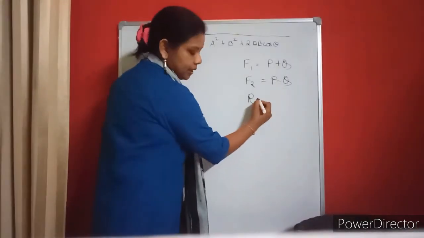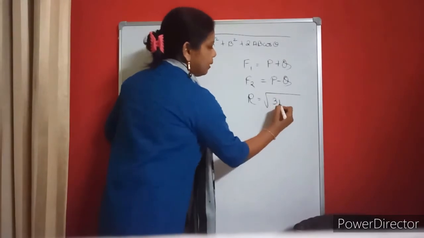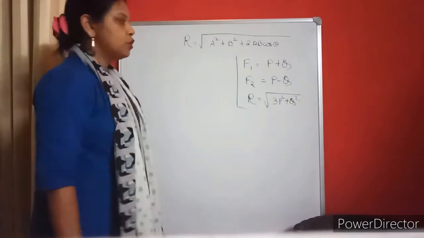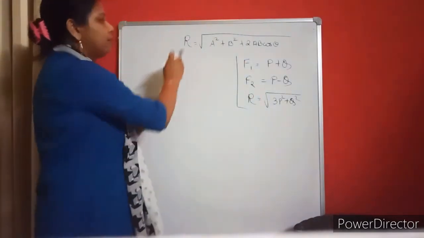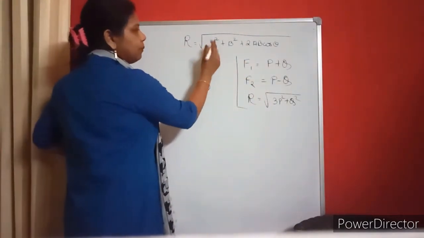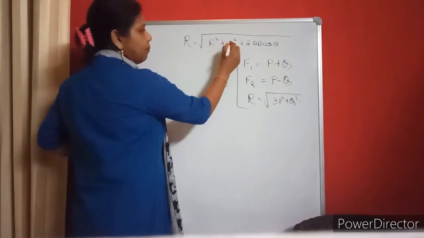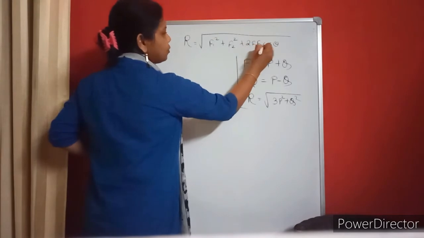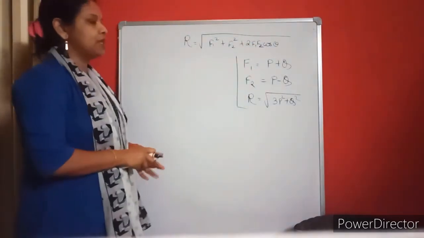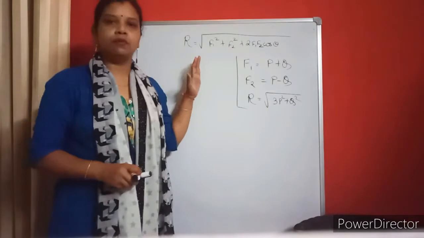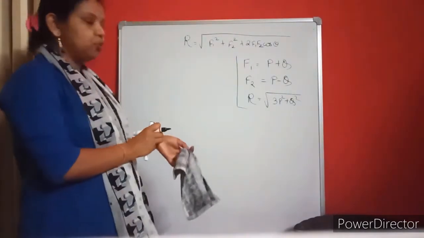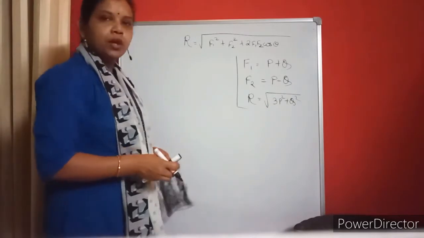And these two forces have a resultant, and again the resultant is given. It is root over 3P square plus Q square. So all the terms are given. Here I will write R, this will become my F1, and this will become my F2. I think that if you substitute these values here, you can solve it. So I'm not going to solve this part. Solve this equation, and two more are there. Two I have helped you with, the rest two you try to solve.